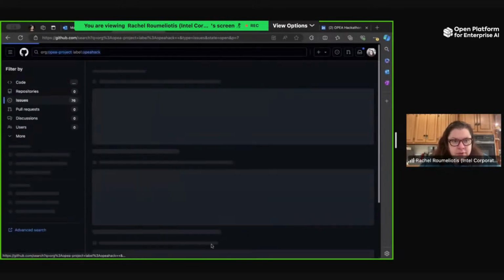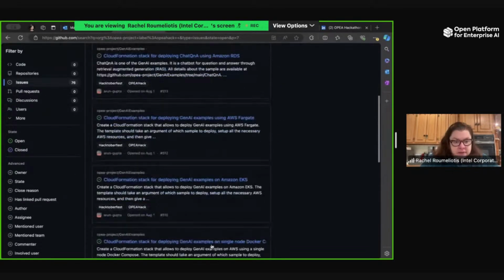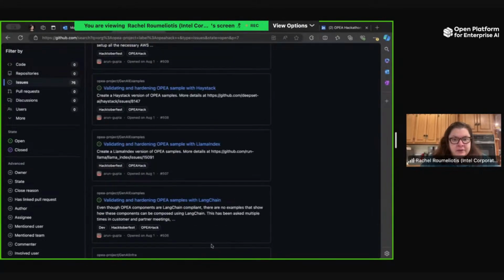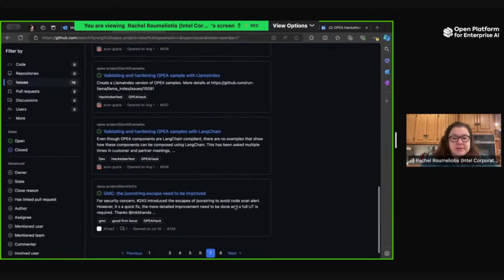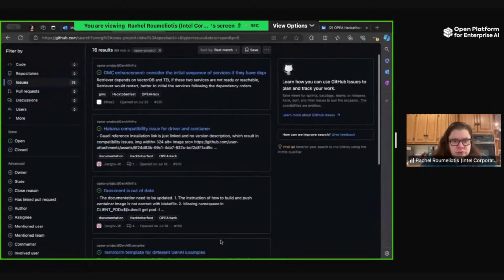Let's see, there were a couple other ones I wanted to point out. Oh, CloudFormation Stack. We wanted stuff covered there. Validating with some of these LLM frameworks like Haystack, LlamaIndex, and LangChain. I think those were all the ones I wanted to